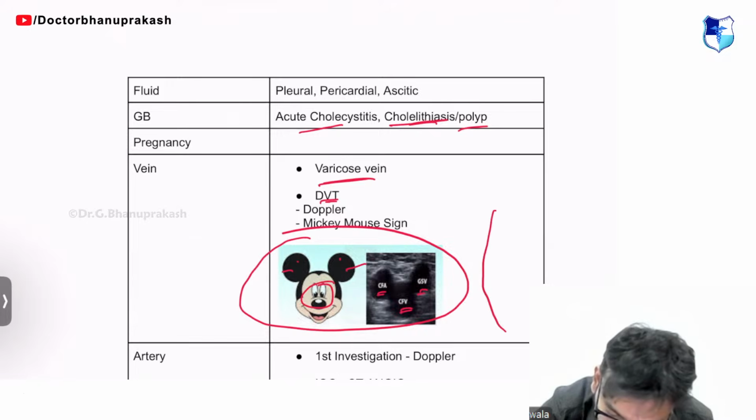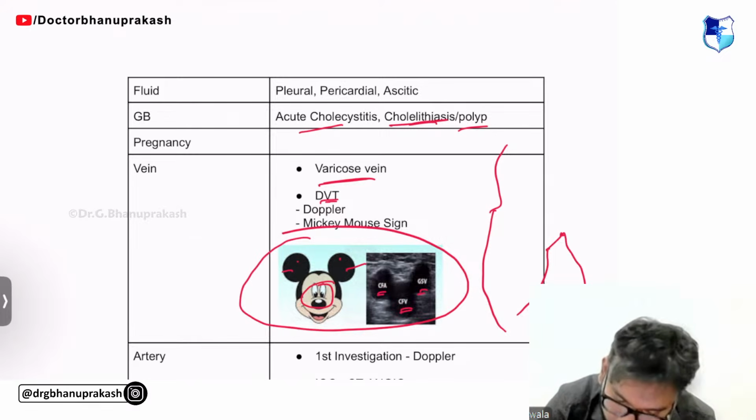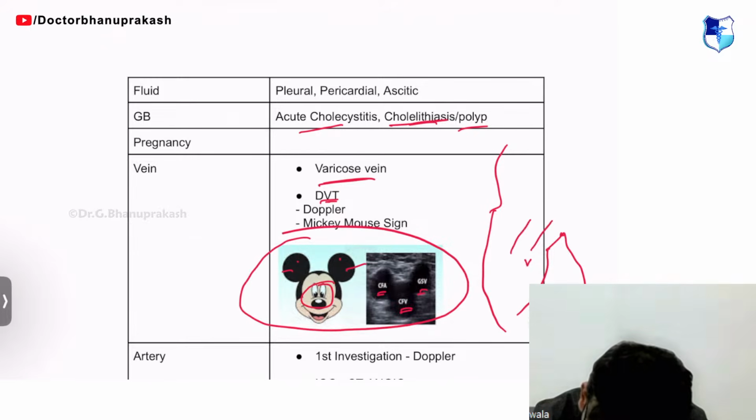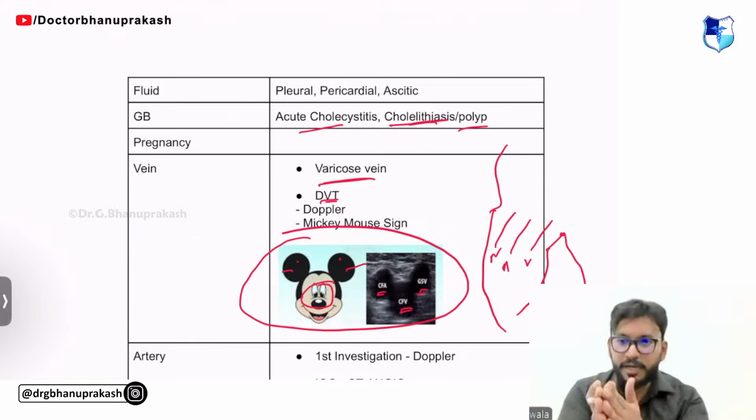Remember, guys, if you look at the anatomy, this is the leg region and this is the groin. We know that from medial to lateral, the arrangement is vein, artery, and nerve. So the femoral vein is medial, then the femoral artery, and the femoral nerve.